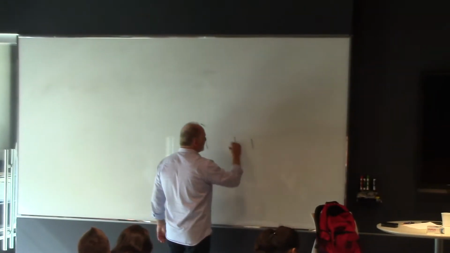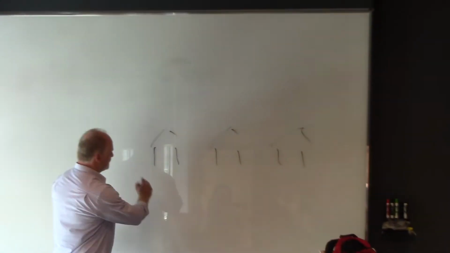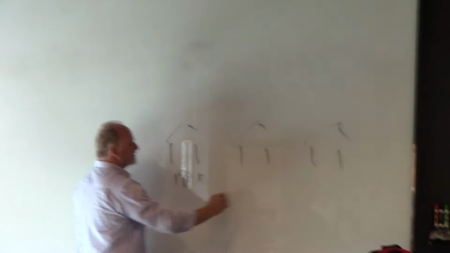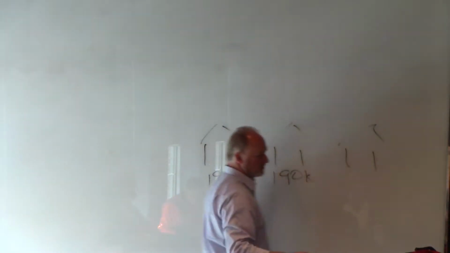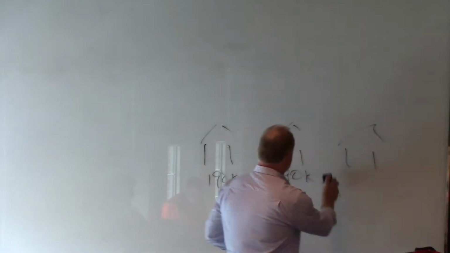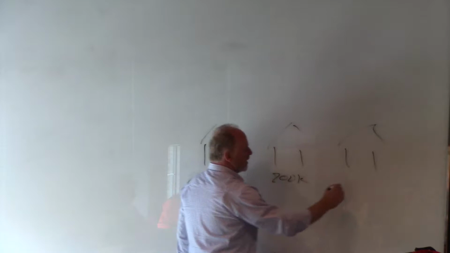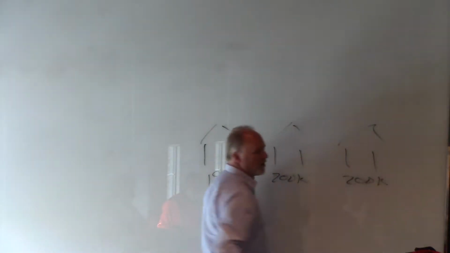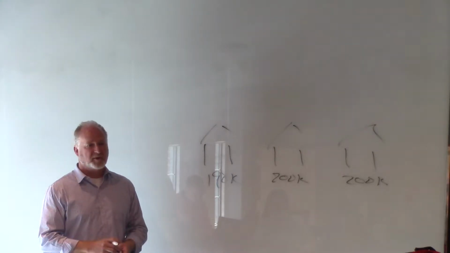So here's the deal. You don't have to be an econ professor to do this, although it might help. There are 2 houses on the market for $190,000. I'm sorry, I did that wrong. There's one on the market for $190,000. There are 2 on the market for $200,000. All things being equal, which one's going to sell first? Okay, that's the economic principle of substitution.